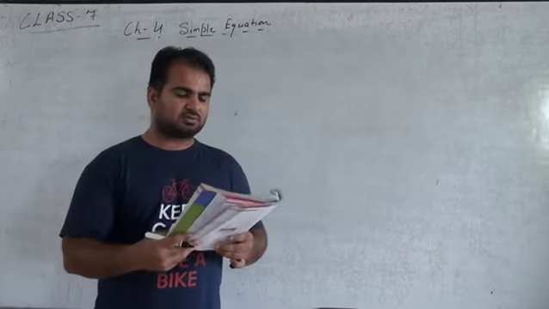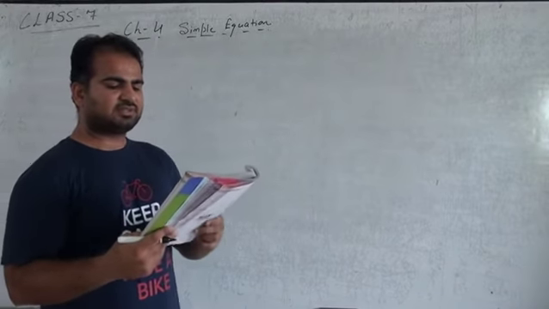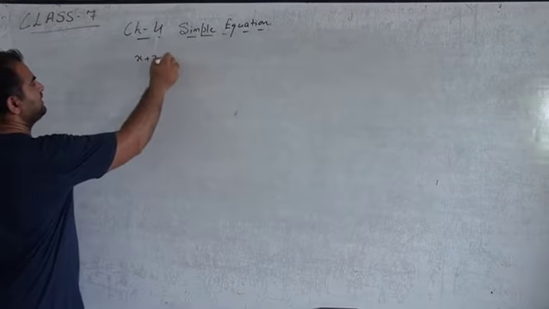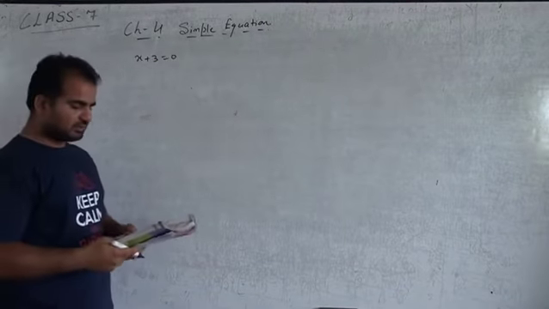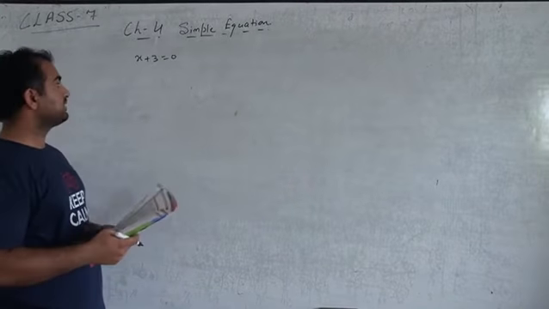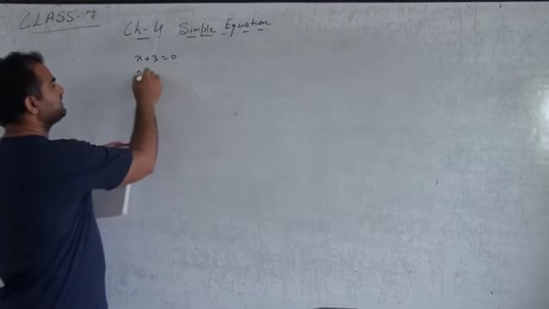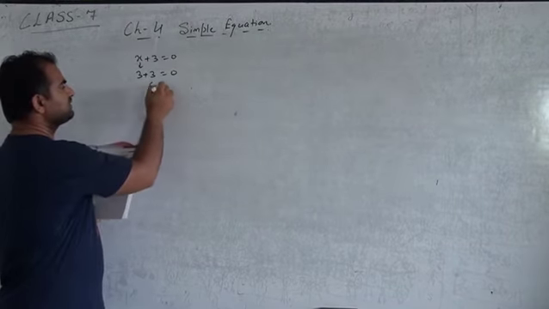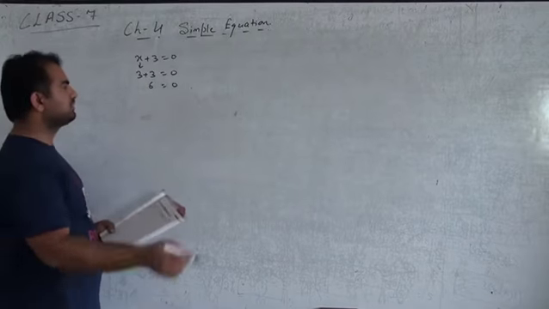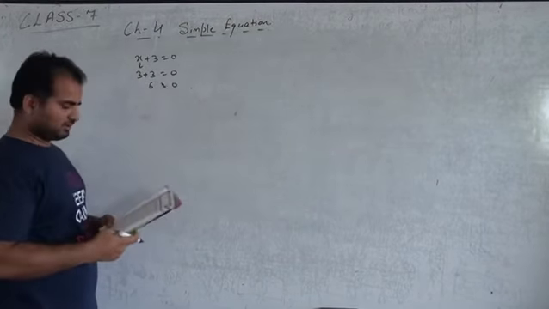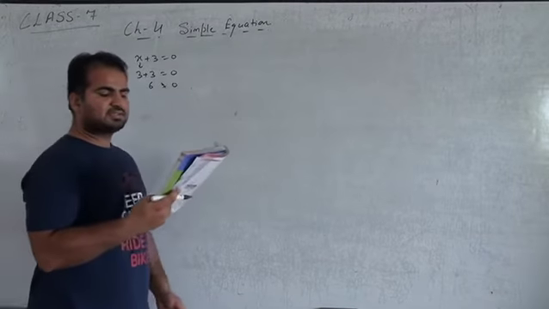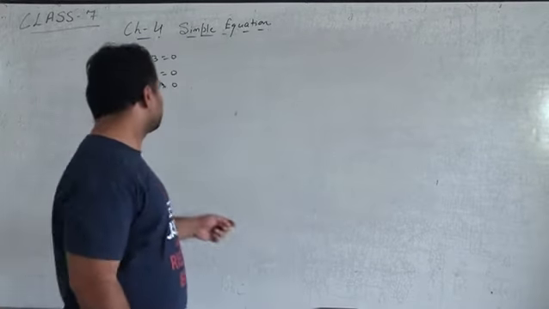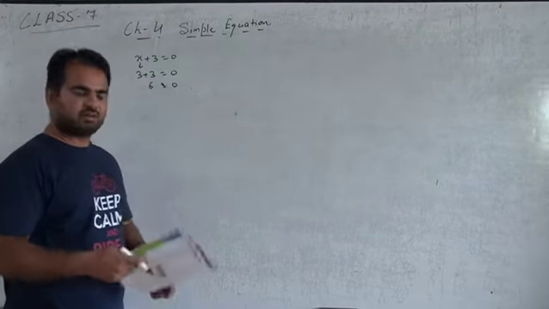Okay, so the equation is x plus 3 equals to 0, and what we are given is x equals to 3. So what will happen if we place 3 at the place of x? It will be 6 and 6 is not equal to 0. So that's not correct. Okay, so he is asking whether the equation is satisfied or not. So simply it is not satisfied because the right hand side and the left hand side will not be equal.